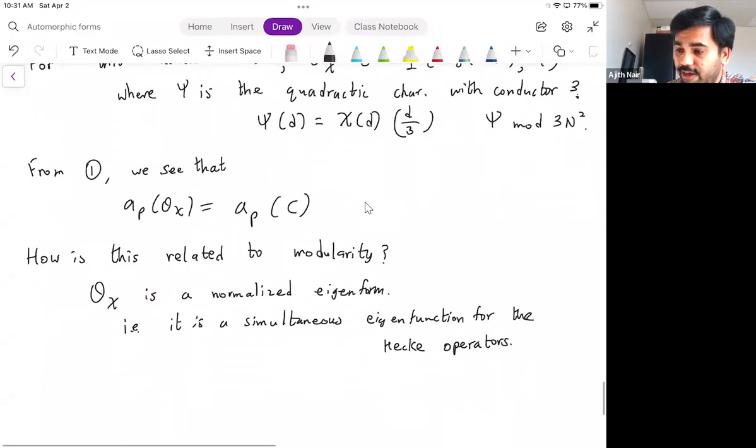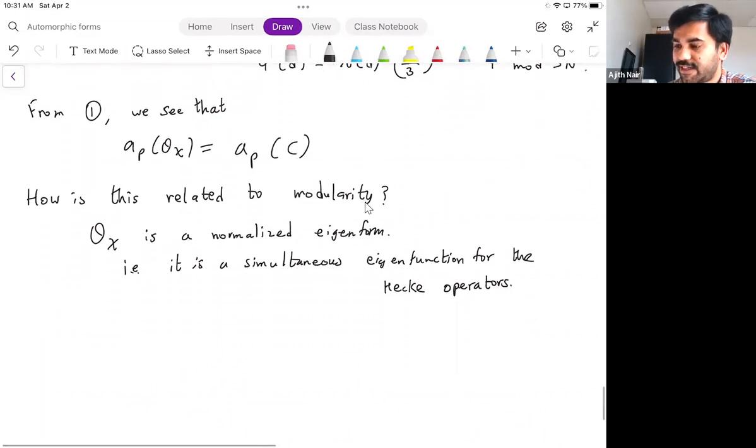Also, the modularity is not proved in the same section, but later, when they talk about Galois representations, they mention how this modular form arises from a Galois representation, or rather I guess it runs both ways. So this part of the theory I'm not familiar with, but for the sake of completeness, I will just say that